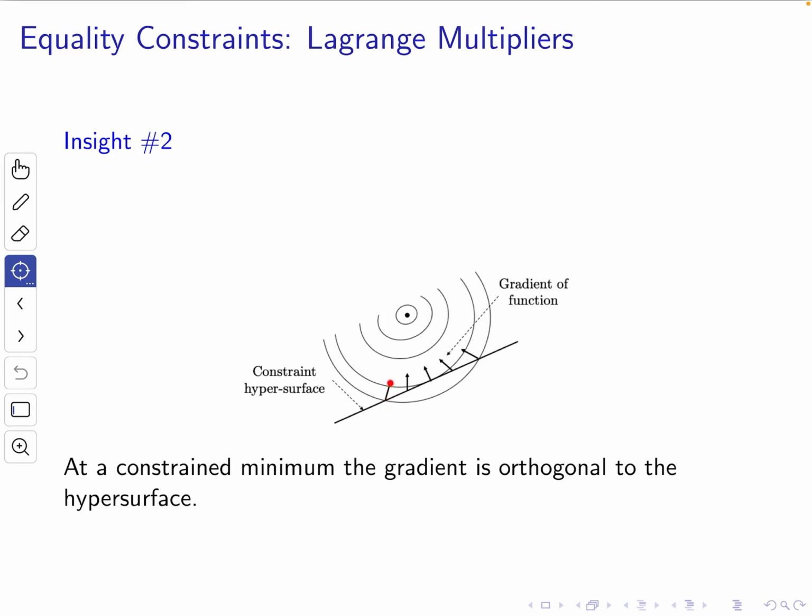But notice at this point, remember, the gradient is orthogonal to the tangent plane of f, so the gradient's going to point in this direction. But right here, the gradient points in,